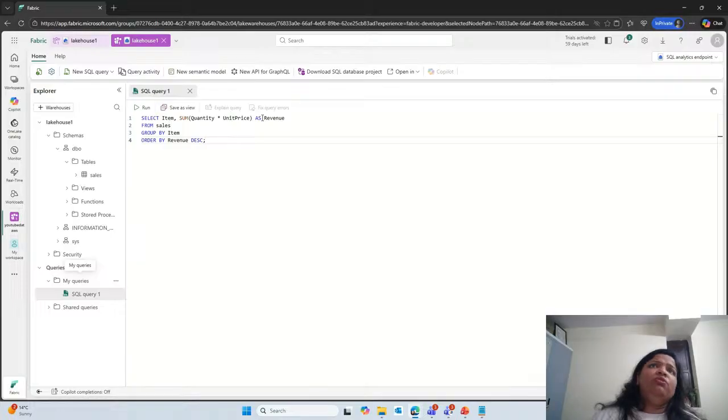I wanted to know the revenue at item level, and from the sales table I wanted to have this information. So I'm grouping the information at item, and the result which I wanted to look at should be ordered by the revenue. The topmost revenue should come on the top row, so descending order basically I'm looking for. So let's run the command,